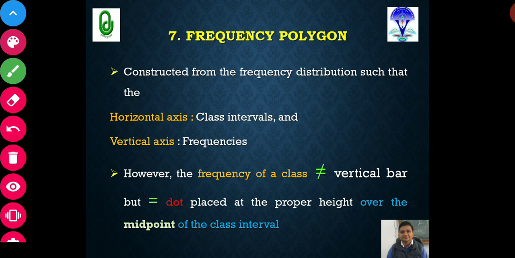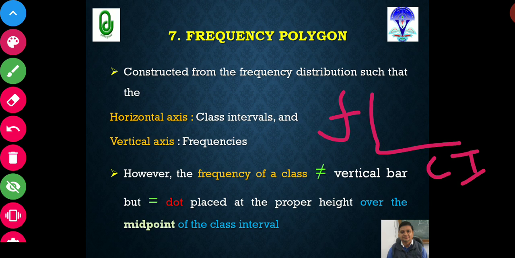Now, the next method of presentation of data in visual form is the frequency polygon. This is constructed from a frequency distribution such that on the vertical axis there will be frequency, and on the horizontal axis there will be class interval, similar to a histogram. But now you will see how it differs. The frequency of a class is not represented by a vertical bar,